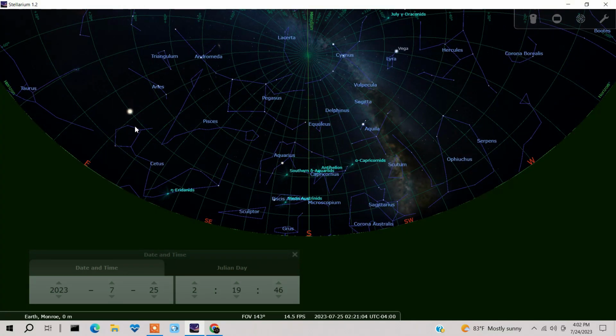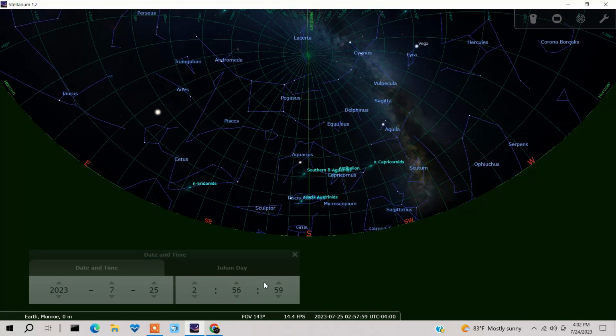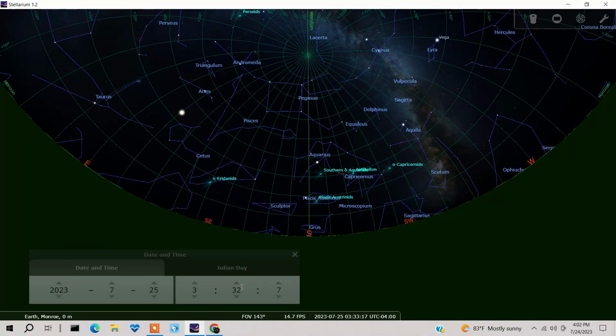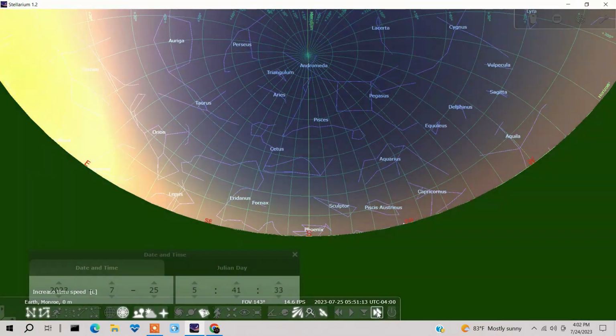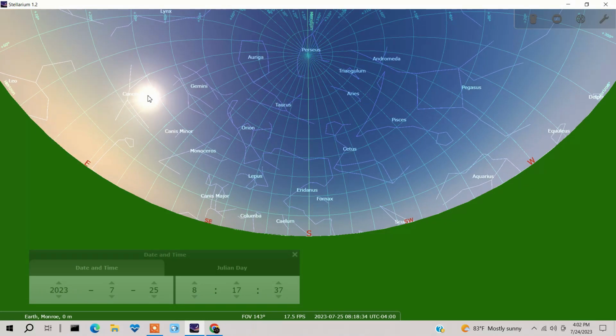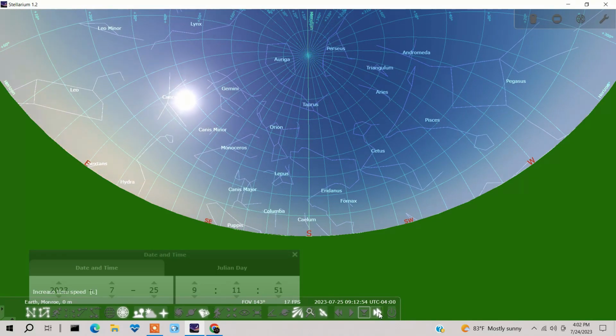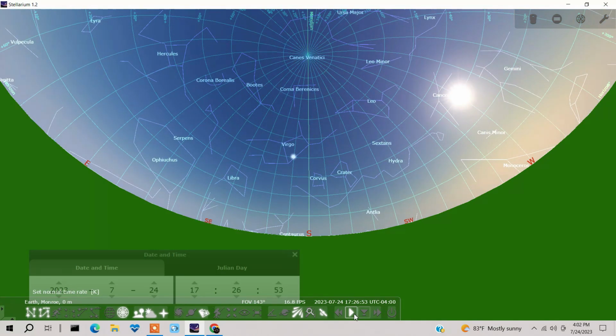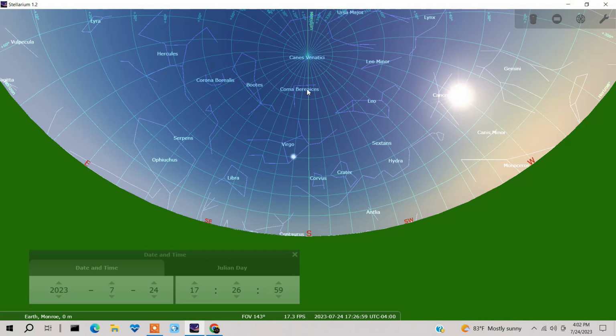The sun also rises in the east and sets in the west. Let me speed it up so we get a better idea of that. There we go. And here's the next day, and we can see the sun rising in the east. And when it gets to the west, it sets. When it crossed the meridian here, which is the 180 or 0 degree line, that's when it reached its highest